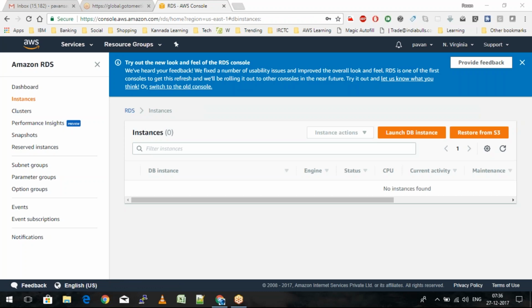And in terms of the manual backup, we saw that it is up to us whenever we would like to create our own backup and store it for any amount of time we like. Automated backups come with a specific retention period that is set while launching the database. So if the retention period is 7 days, I'll only have the backups of the last 7 days. So we have that glitch there. Manual snapshots are up to an individual's preference on how long he would like to save the database for.